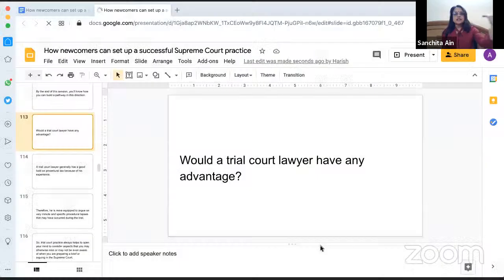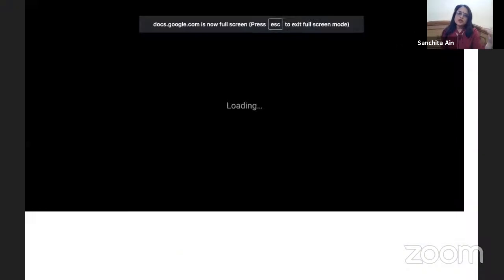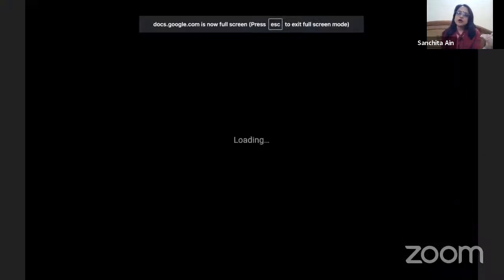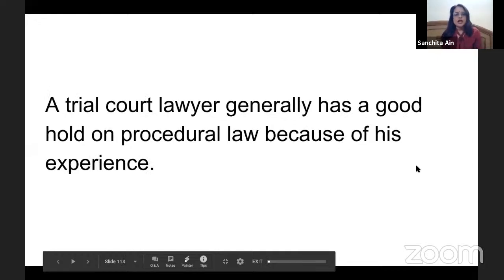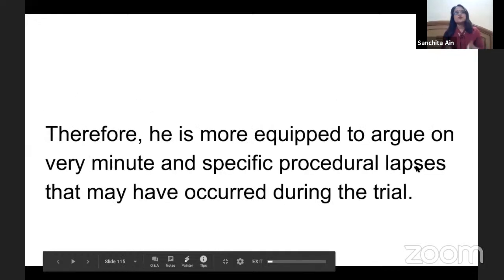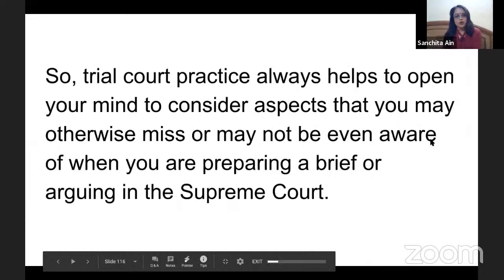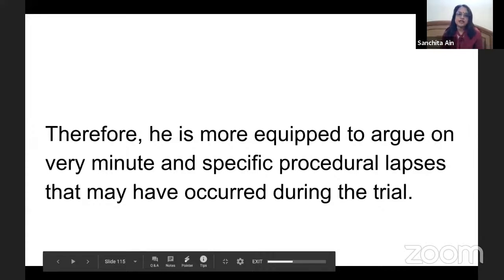Agreed. But once the trial stage has happened, the trial court lawyer has argued, the matter goes before the High Court. That point has already been raised in the High Court. The petition would cover that. The impugned order will cover that, and then the matter goes to the Supreme Court. So when you're arguing before the Supreme Court, you're only confining yourself to a question of law, to what is already there on record. In fact, if you have to file something more than that, you need to seek permission.